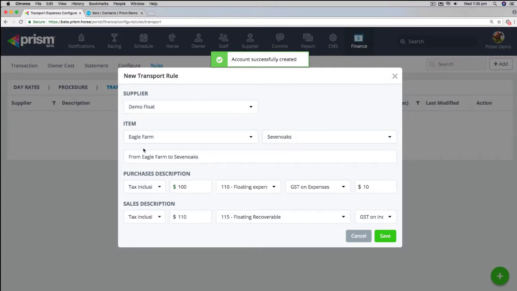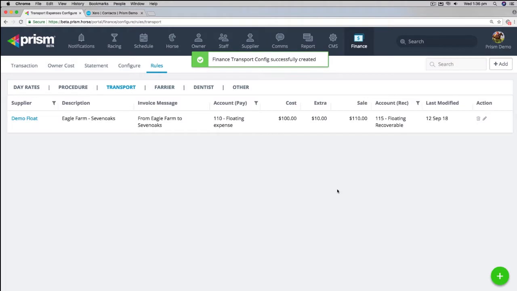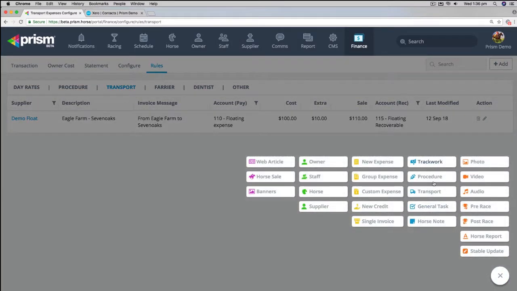So what that's doing now is saying if you complete this task, there'll be $100 put to that expense account, as well as 110 put to the recoverable account in Xero. So again, this is really about making sure that you set it up properly with your financial advisor, because it will determine how and where we direct these costs. So if we say, for example, we now create a movement,